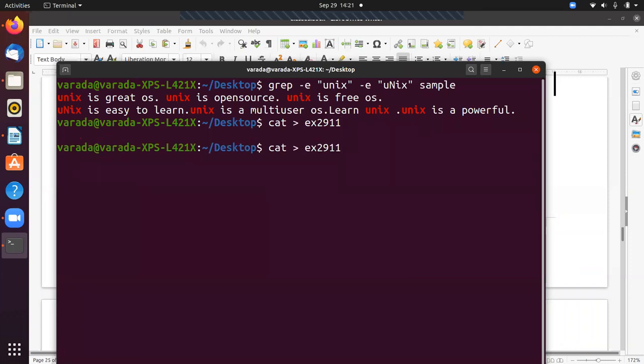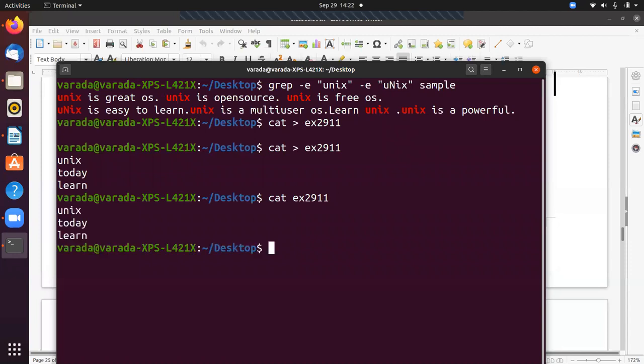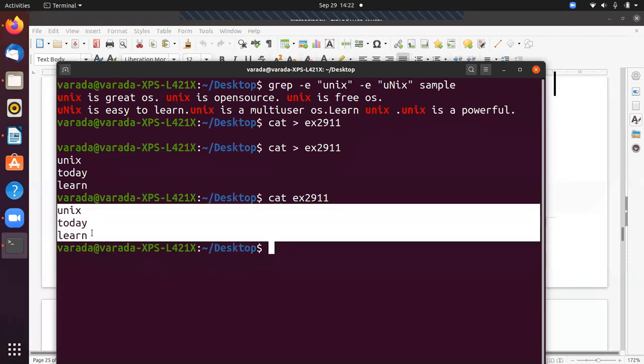In this file, I store the patterns: one is Unix, second one is today, and third one is learn. Cat ex2911. So this is the pattern I stored in one file.